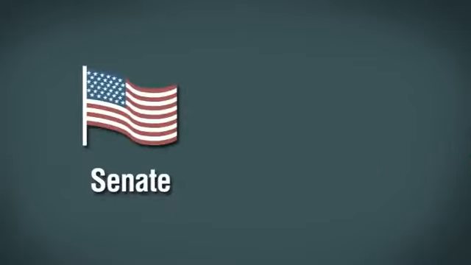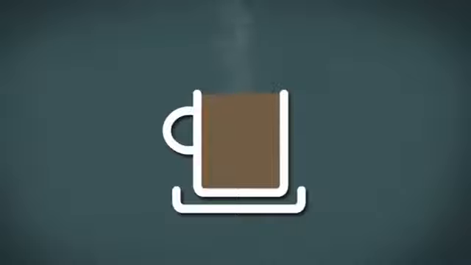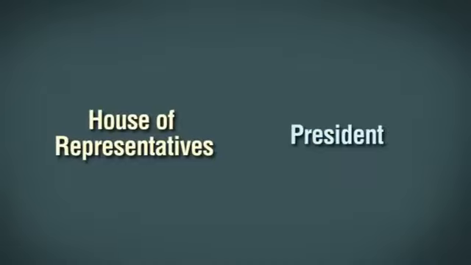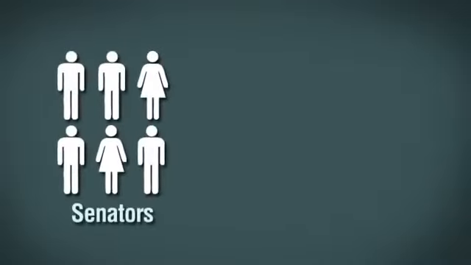The Senate in the US Congress, like the House of Lords in the UK Parliament, is sometimes called the upper house. George Washington described the Senate as the saucer that cools the coffee, meaning that it's their job to scrutinise and question all proposals made by both the House of Representatives and the President, before voting to decide whether they should proceed as law. Senators, like members of the House of Representatives, are also elected to their seats by the